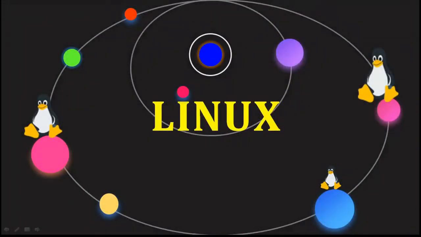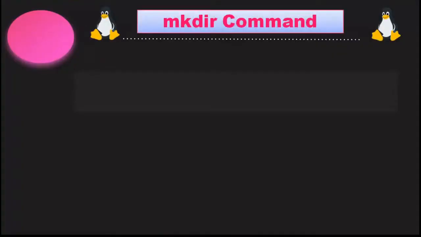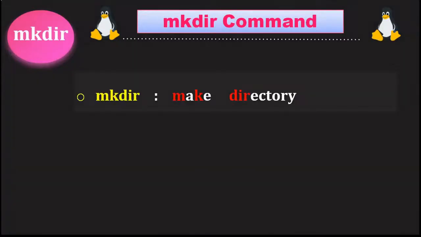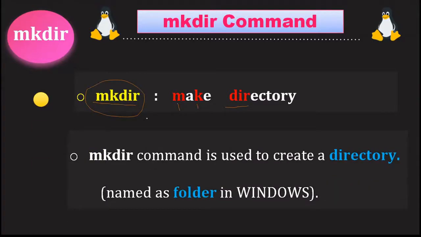In this lecture, we will learn about the mkdir command. Mkdir command is used to create a directory in your present working directory, and this mkdir is a short representation of the meaning make directory. These two letters represent make, and these three letters, dir, represent directory, and together we call it mkdir. So the commands that we have in Linux basically have a meaning hidden inside them. These are small abbreviations for the meaning of what we are trying to do.